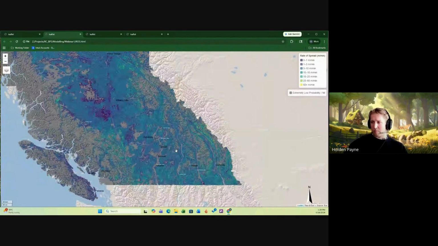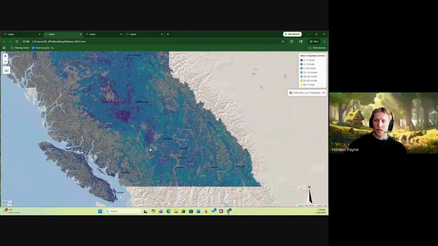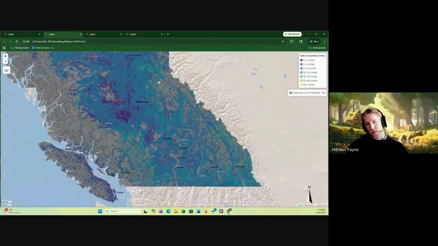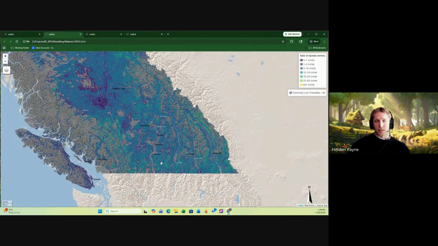And I think one of the benefits to this type of analysis on top of what we already did is we can pull out the data here and say, okay, what's driving increased rates of spread in this part of the province and down here versus up in the Northeast. In the Northeast, it's probably extreme fire weather, contiguous fuel types, contiguous fuelscapes, versus down there, it's probably slopes, interaction between slopes and wind. And then, certainly in the southern interior, more open stands, grass fire moves quite a bit quicker.